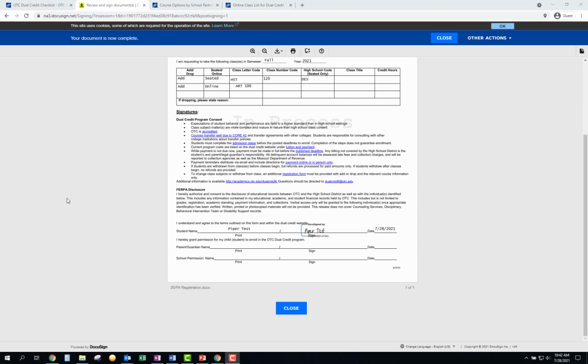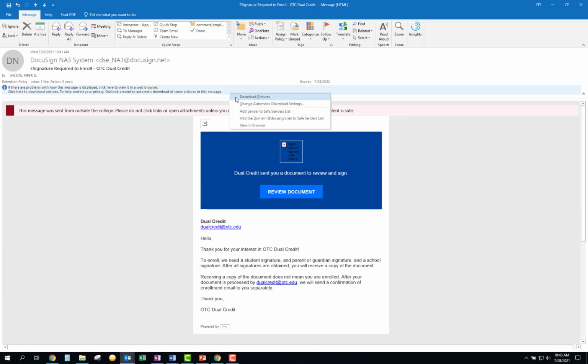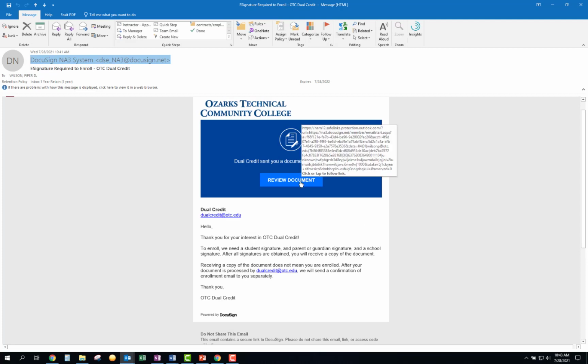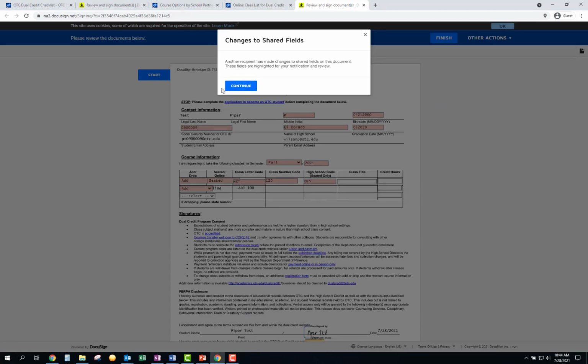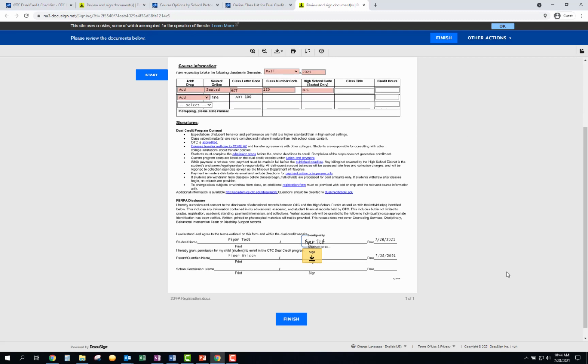Once the student hits that submit button, the DocuSign system sends a copy of the form to the parent email address provided by the student. And here is what that email looks like. I'm going to go ahead and download pictures. The parent goes into the email that the student provided on the form, opens the email from DocuSign, and selects Review Document. As the parent, I'm going to select Continue and Continue. I can review the information provided by the student,